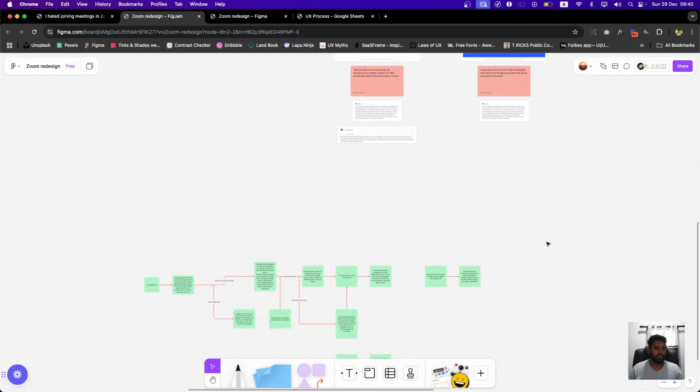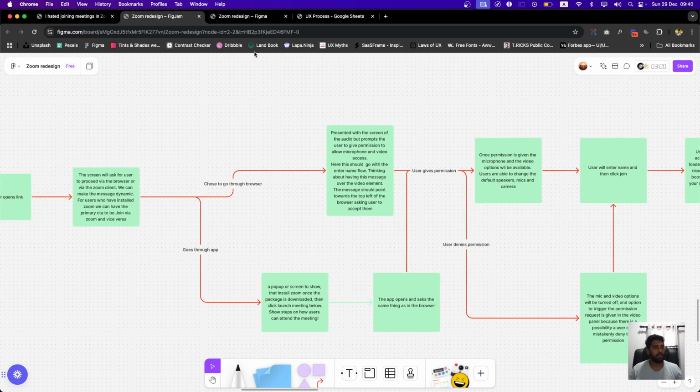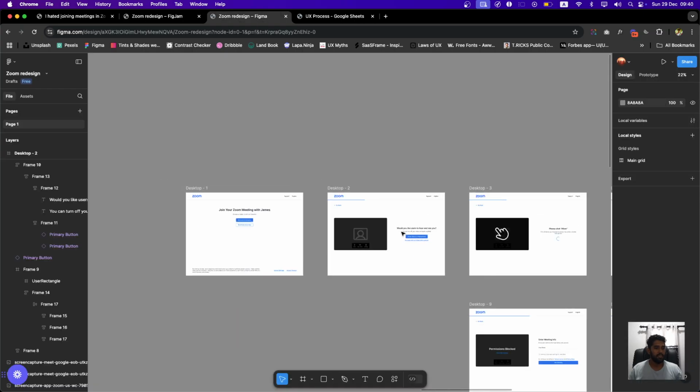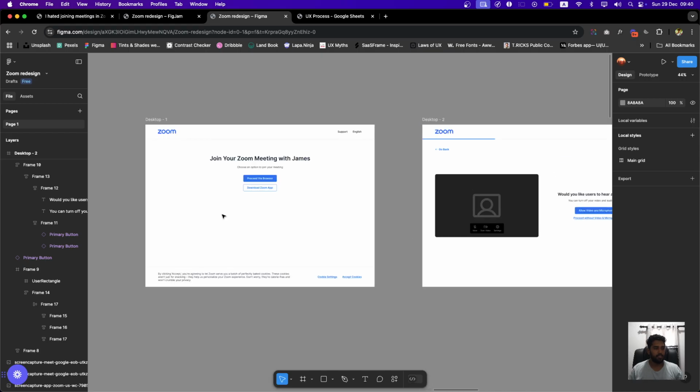So once that was done, I just sketched a solution for this problem. And this is boring. I'll just show you the design. So this is the design, and starting from the main screen, we have